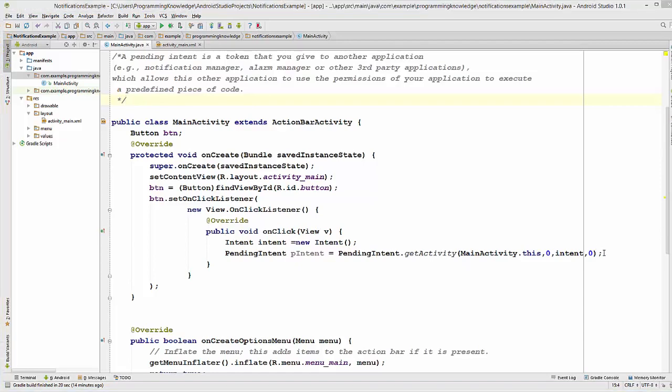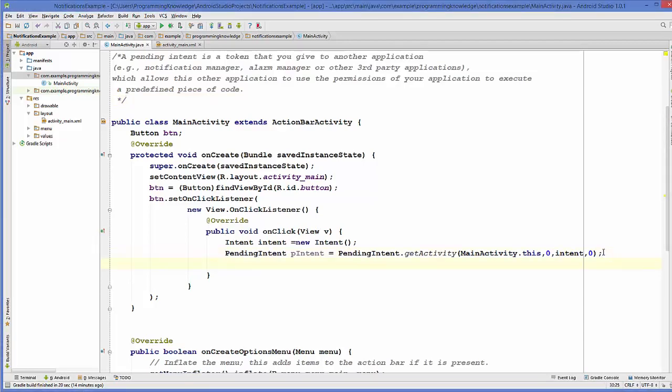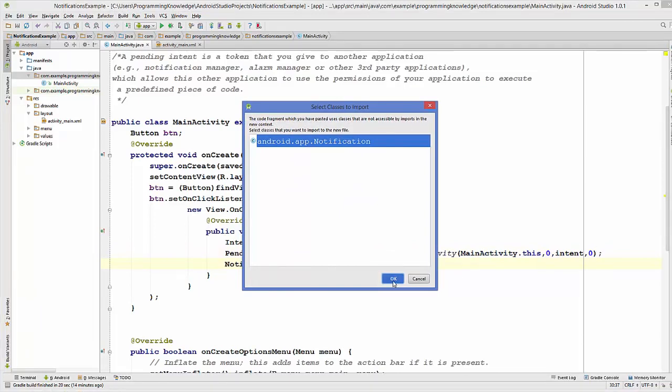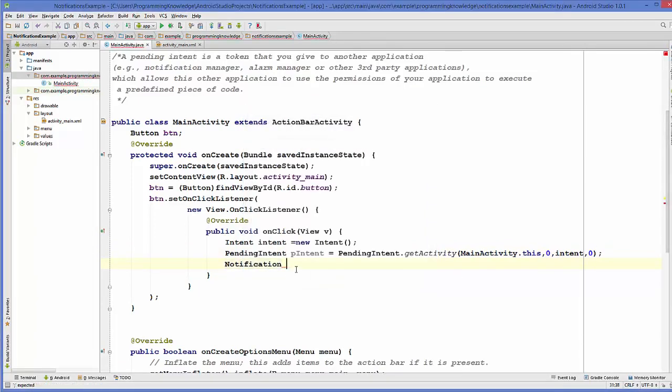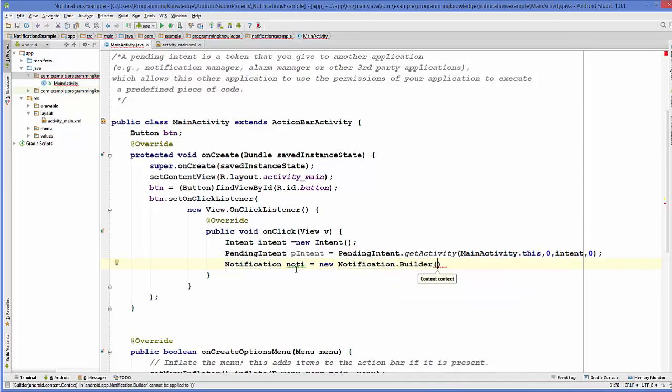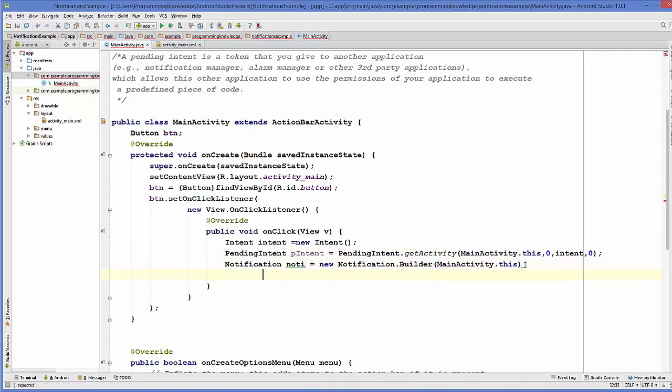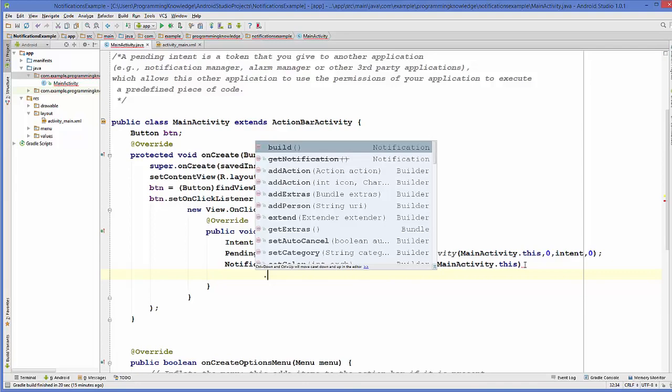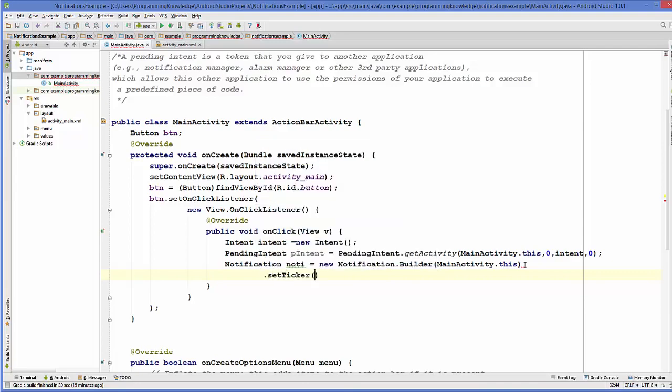Now I'm going to create my notification object, so notification, and I'm going to include my import, and I will name it as noti for example, is equal to new notification dot builder, and this builder will take the context. So I'm going to just copy this main activity dot this, and then you can add some attribute to this object. For example dot set ticker, and this is your ticker name, for example